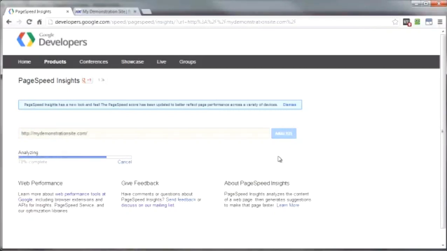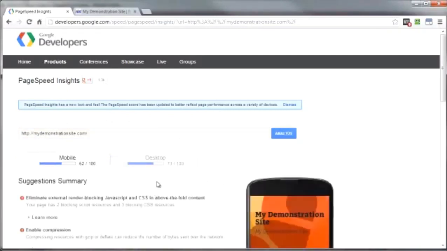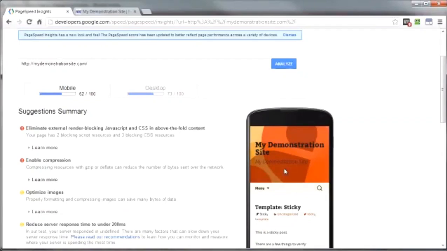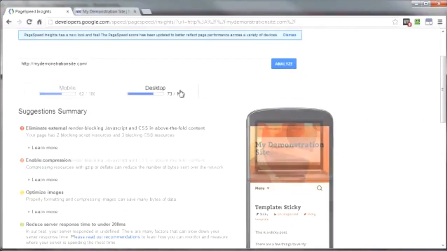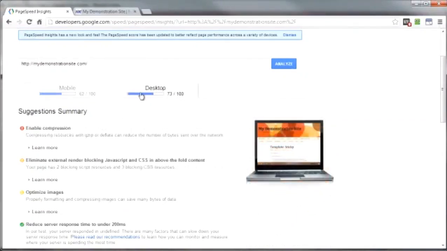and it's going to do a couple of things for us here. And this is not done with the plugin. So again, another reason behind using the online tool versus the plugin or the add-on or extension, whatever you want to call it. But it gives you a test for both a mobile version of your site, or how your site looks on a mobile device,